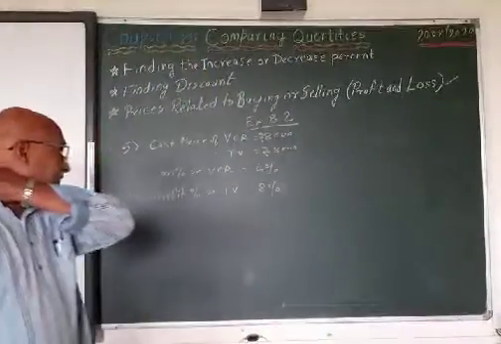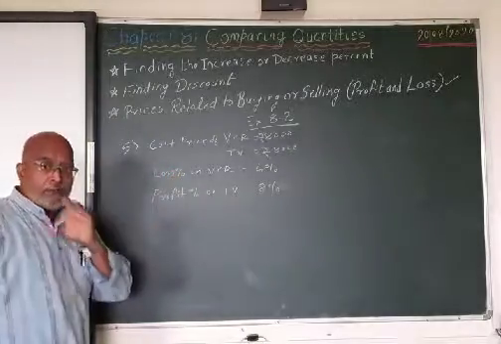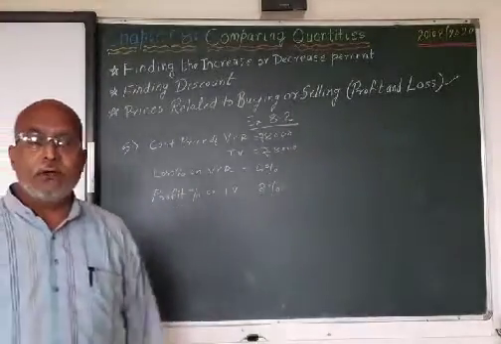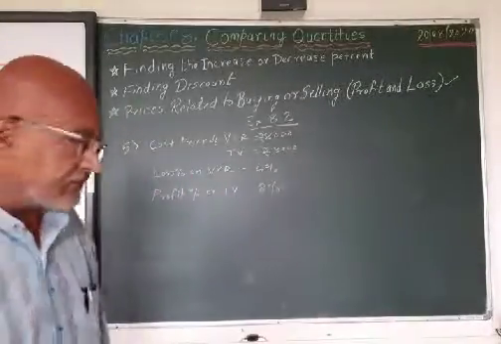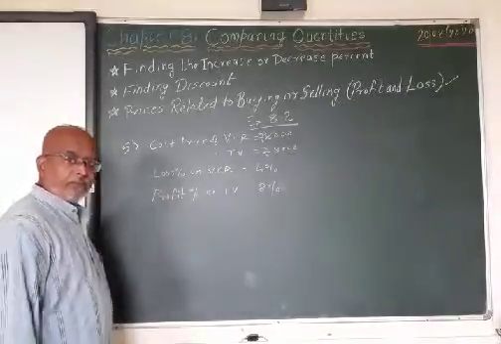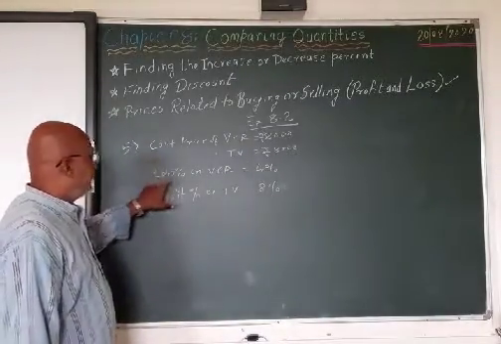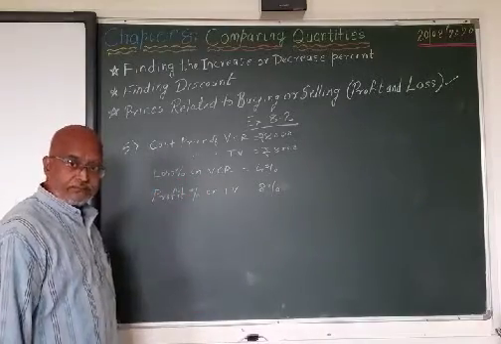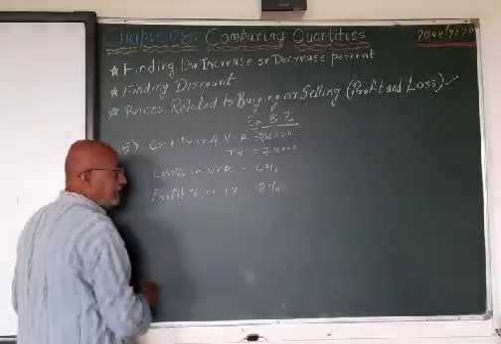Now, as we have solved this together, we have to find whether he got loss or profit on the total transaction. So first of all, what we have to find? We have to find the selling price with this loss. Got it clear?